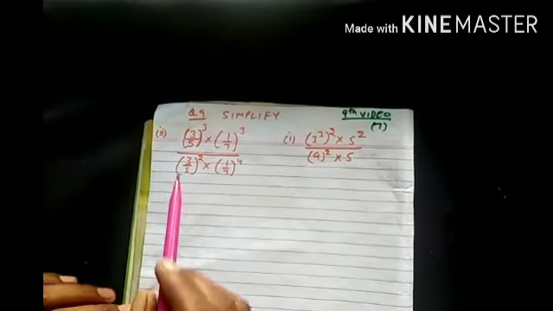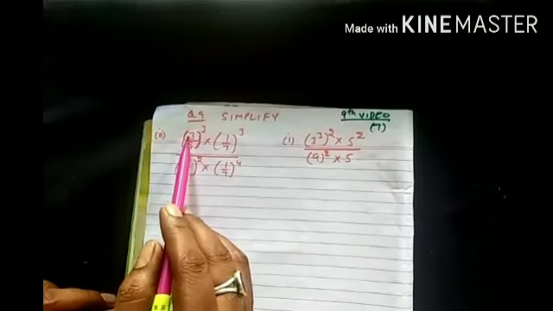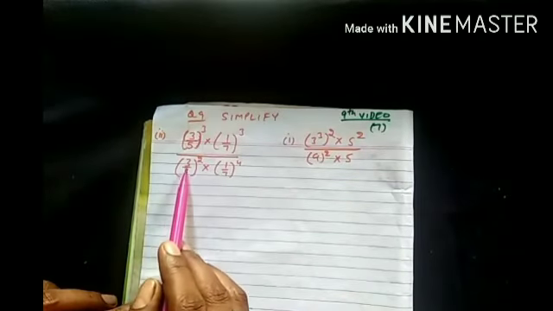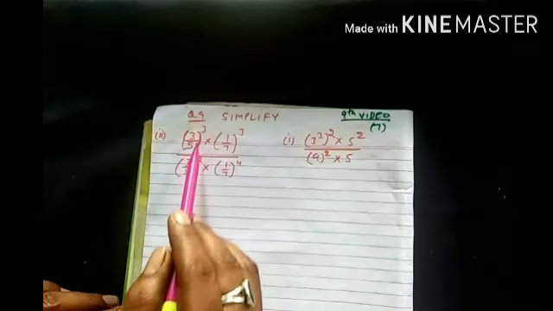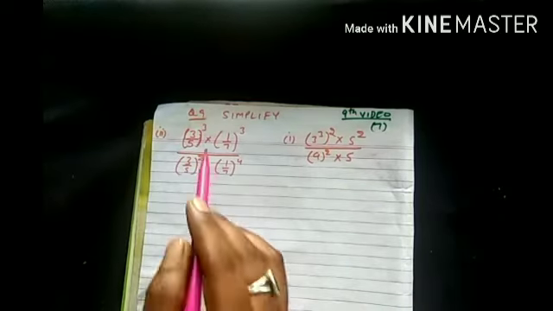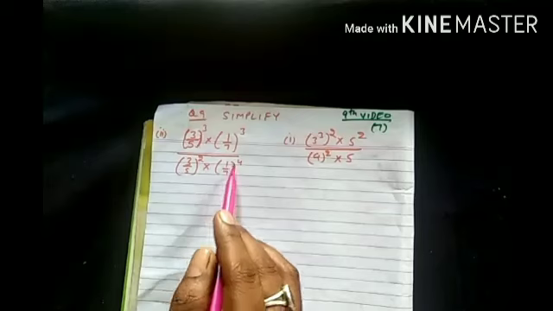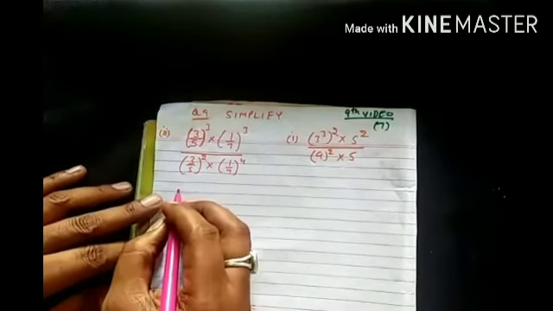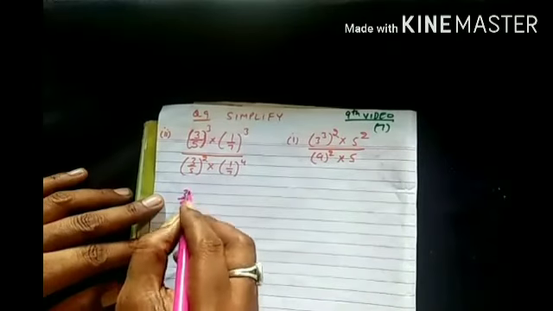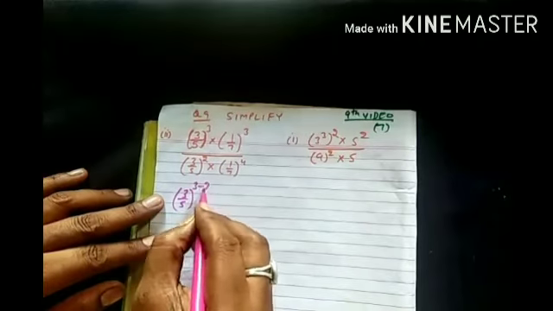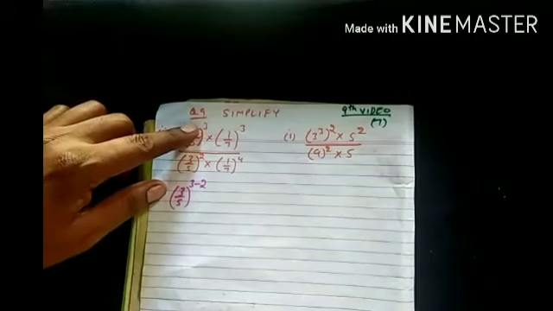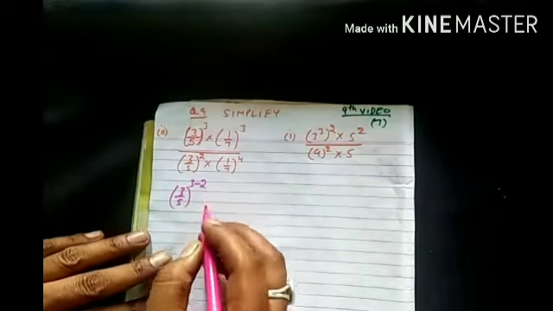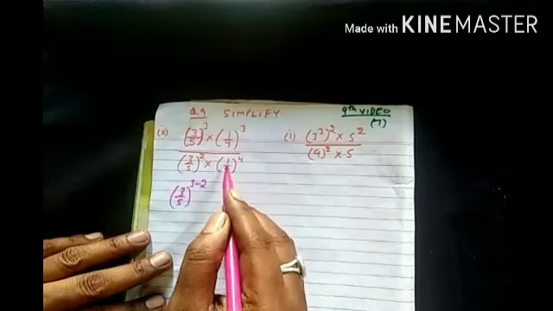Now in this question, 3 by 5 to the power 3 and 3 by 5 to the power 2. It means 3 by 5 cube and 3 by 5 square, multiplied by 1 by 7 cube and 1 by 7 to the power 4. Now, we know if the base is the same and the division is here, then we will subtract the powers. So, 3 by 5 will be written with 3 minus 2, as 3 is the power and 2 is the power. And now 1 by 7 cube and 1 by 7 to the power 4.